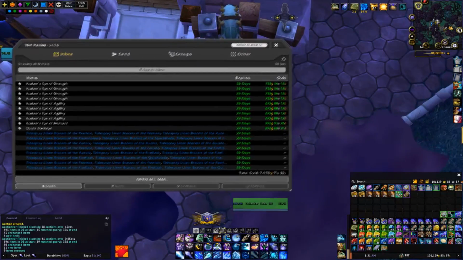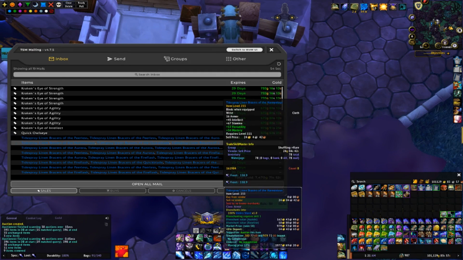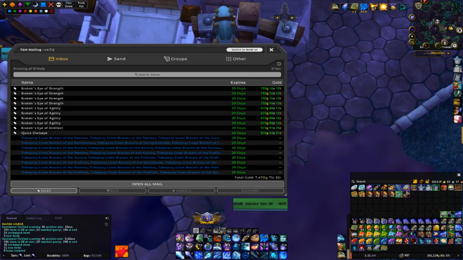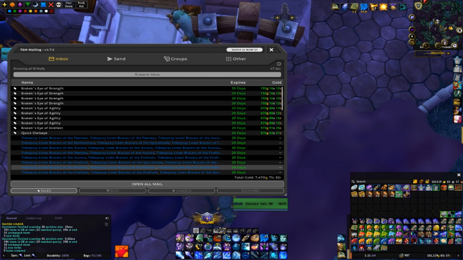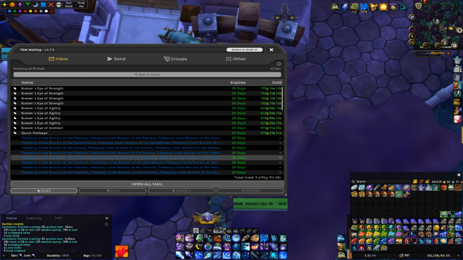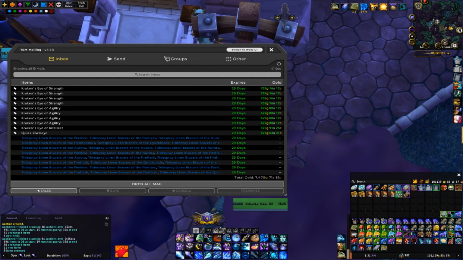So the ones I listed earlier tonight ended up getting reset, and someone did buy out all the strength ones and the agility ones that I had listed. You can see I got a little over 600 for the agility ones and a little over 700 for the strength ones, so they are selling. And the Owl's Eyes are going for around 900 gold, so